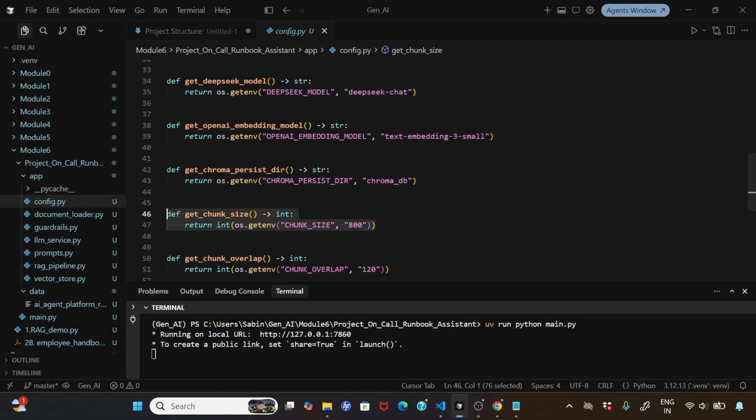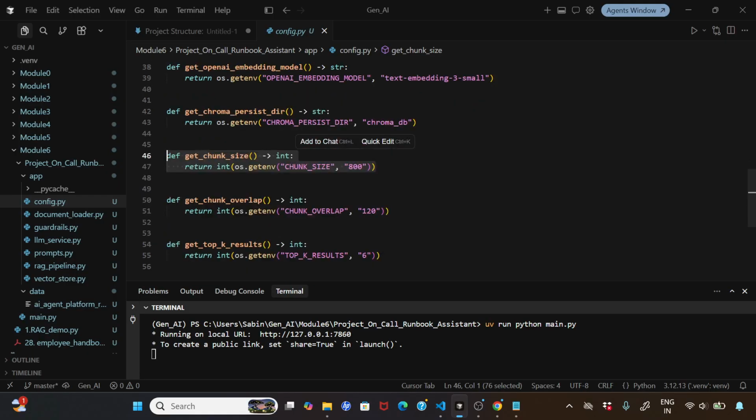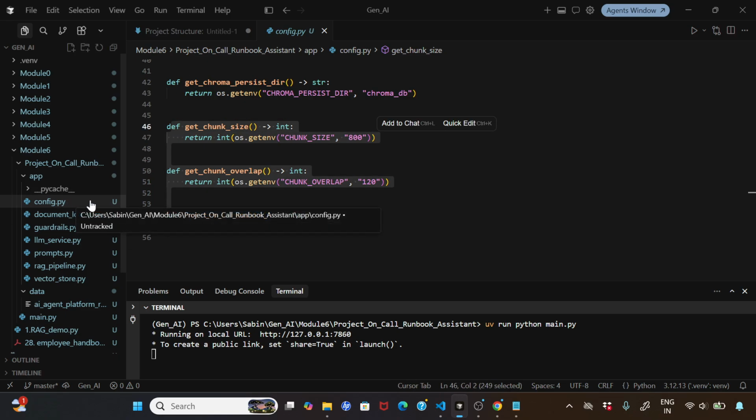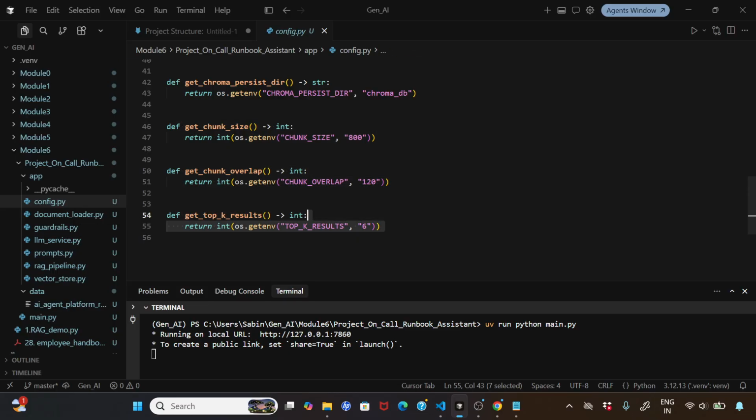So a small definition, like the chunk size, the overlap also, and the top results. These things we are creating here in the configuration, and just giving the default. We could have done that in the Python program also, but since these are configuration, I thought we'll